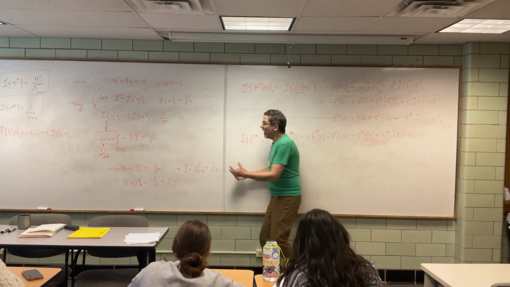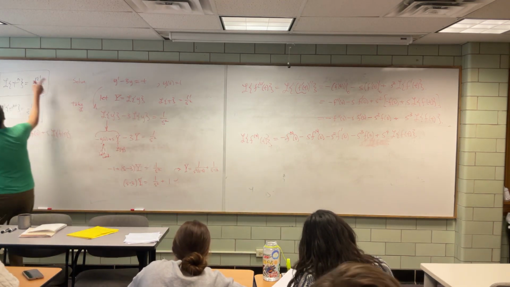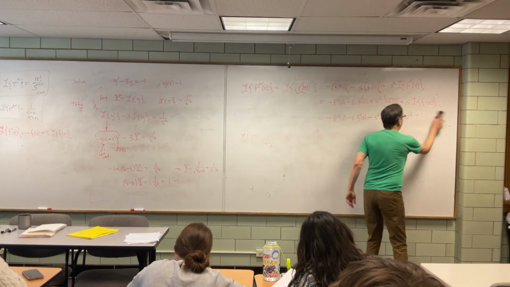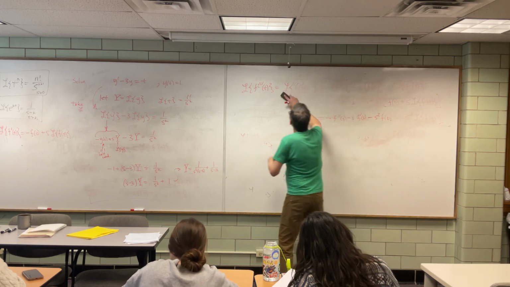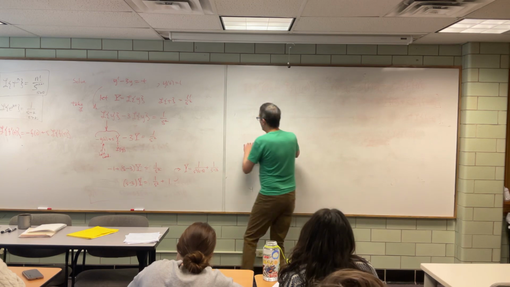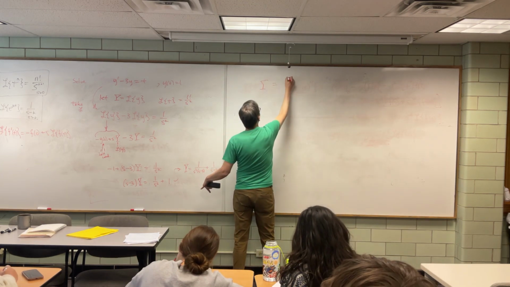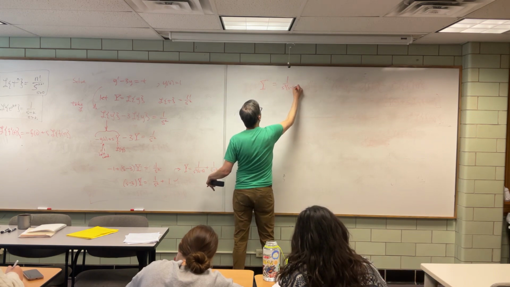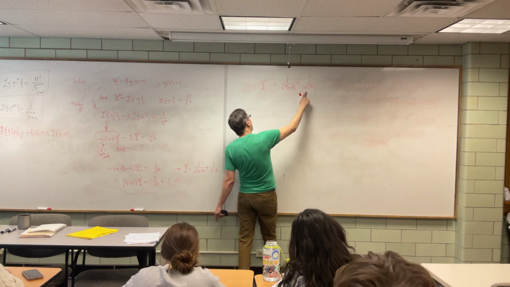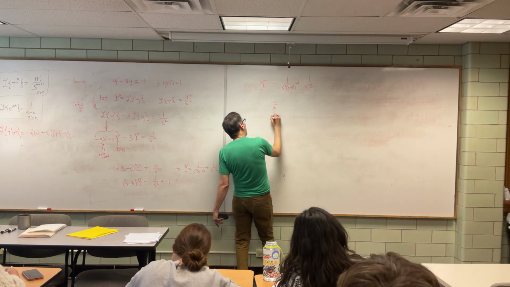So now the plan is to undo this. Take the inverse transform, and that just means going backwards. And today it's easy. We're going to have to learn some tricks to do this in general. But let me just summarize really quick. So Y, the Laplace transform of our solution, is this, and I did the work for us. This we can undo. We know that comes from e to the 3t. This looks really complicated. So after a partial fraction,